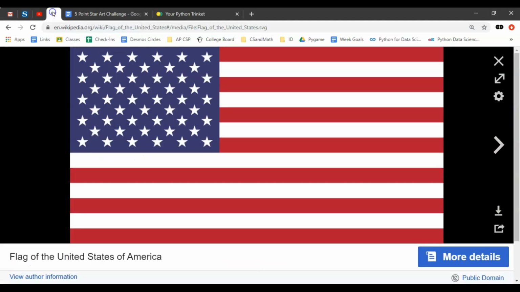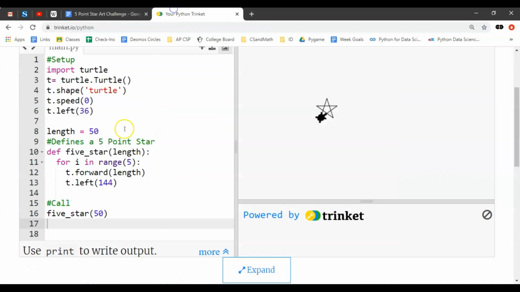Now what we're going to try to model, I decided, was just the United States flag and the stars. So this is what I thought of when I thought of the 5-point star. It could be a different flag, it doesn't matter. But this one has some nice stripes. So if I come back to the code,